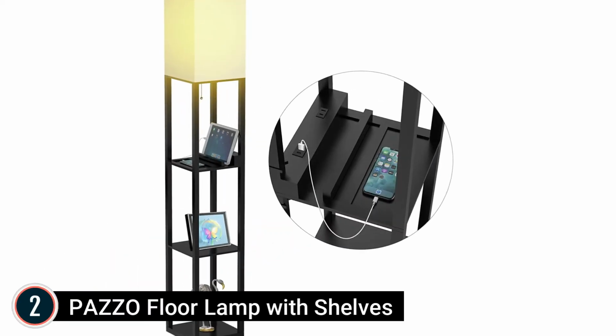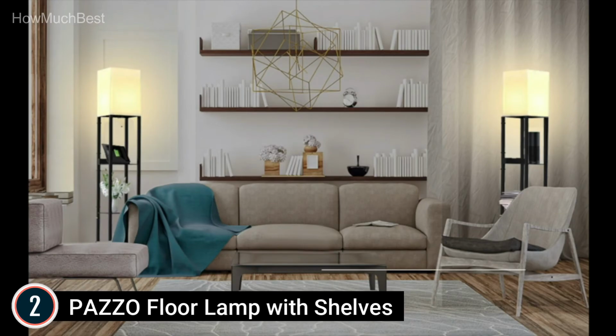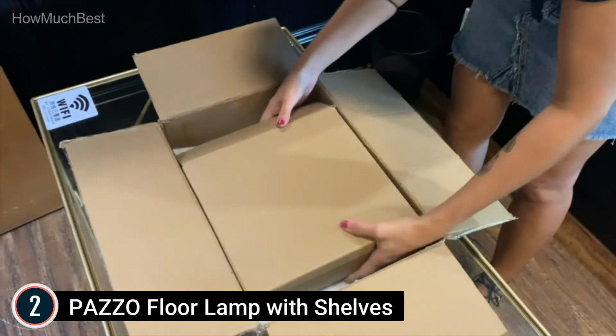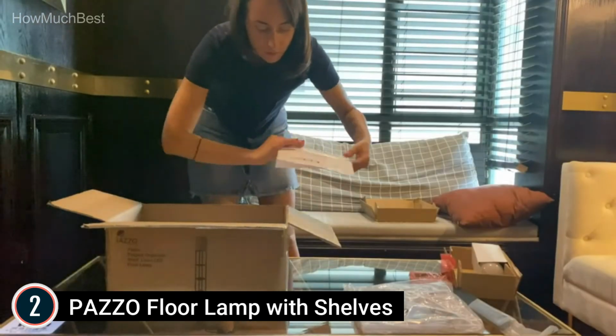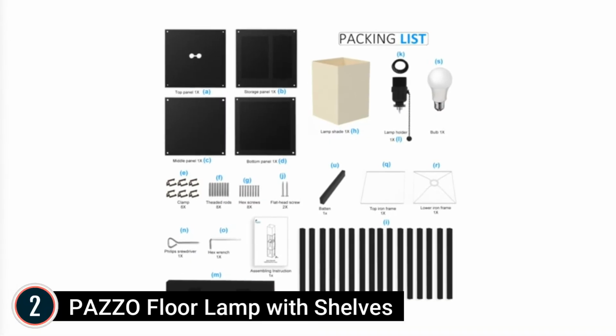Number 2 in our list, Pazzo floor lamp with shelves. Genuine solid wood, our floor lamps with racks are made from solid wood with a stable framework and are high-loading and durable. The non-deforming high-density beech framework, 1.5 inches thick, can bear up to 20 pounds of daily needs and